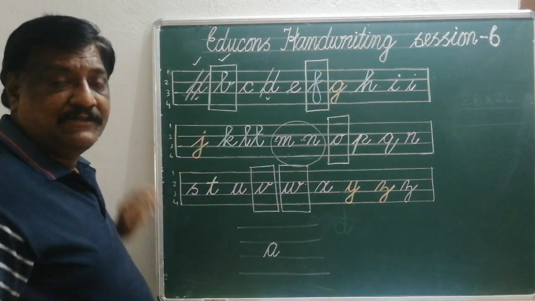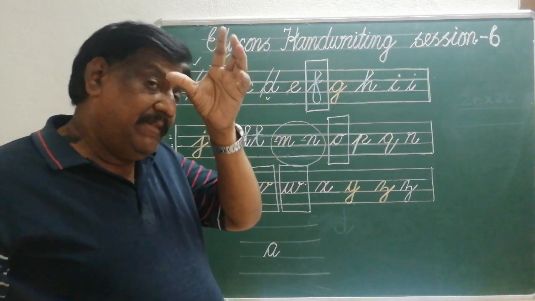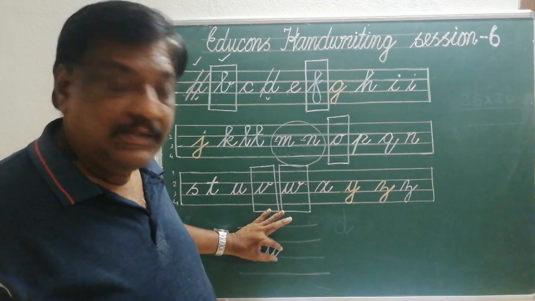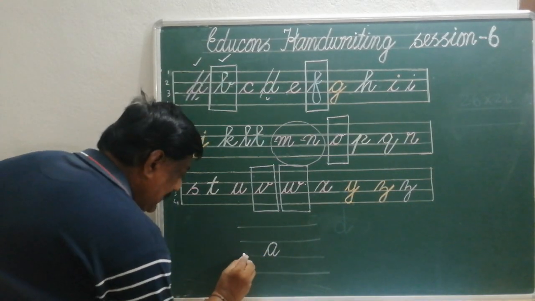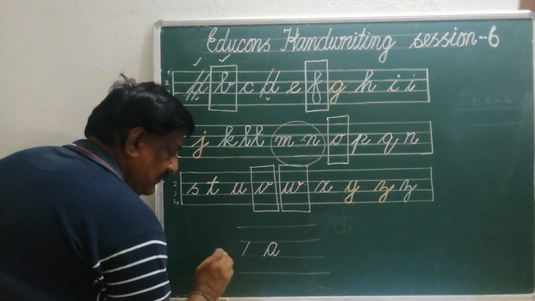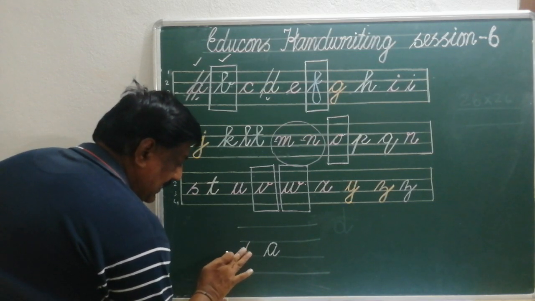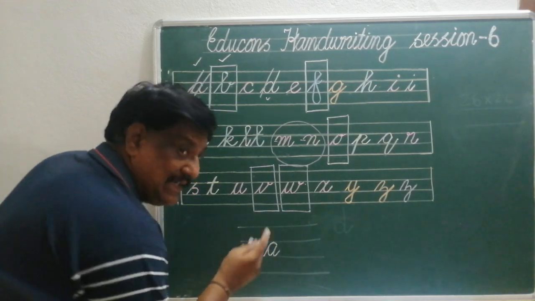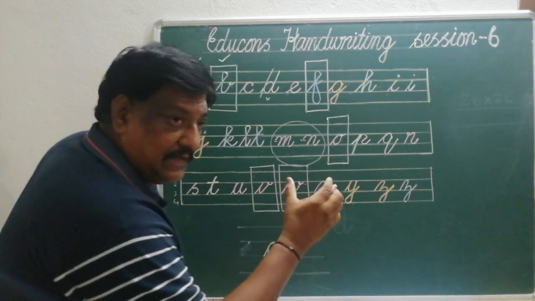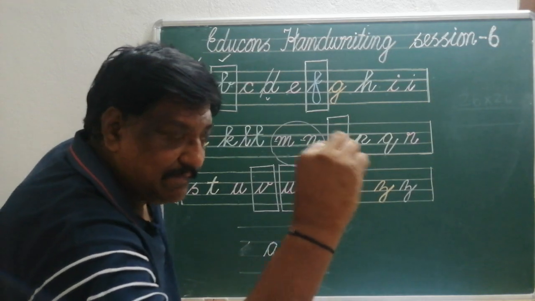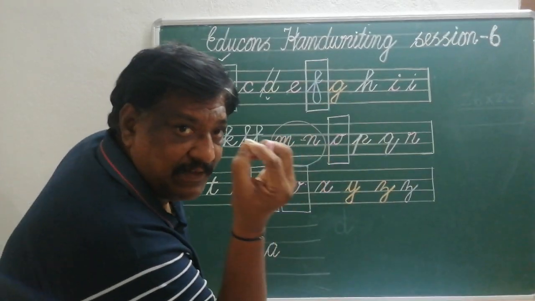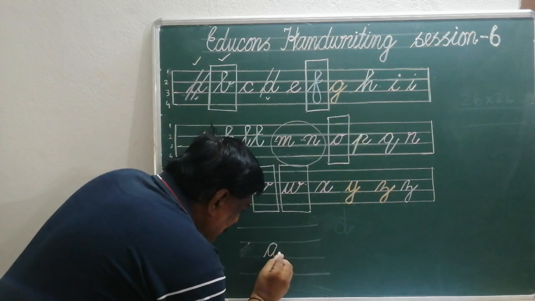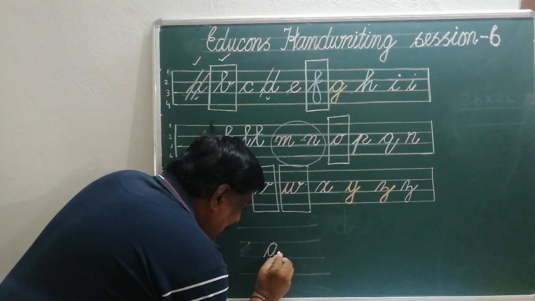So what is the advantage of cursive letters? Every time we write, we save half of the stroke. See, in this one line, this is the stroke for every letter, but already this half is here. So I am writing only the remaining half. So that saves time. In a word of 5 letters, 5 times we are saving a little bit of time. That is how it improves the speed. Suppose I am going with this. Instead of starting here, now I am going here.